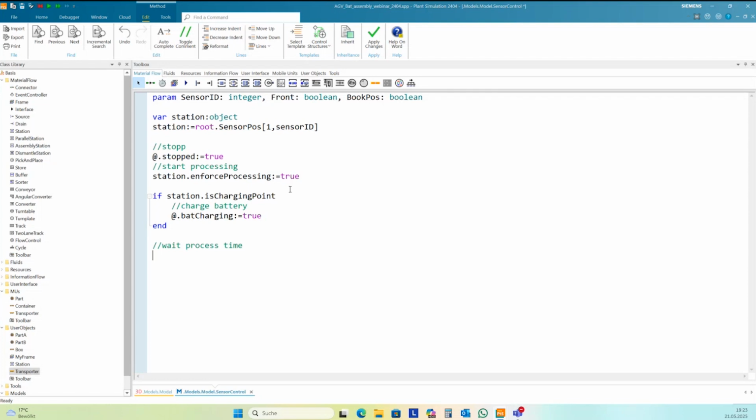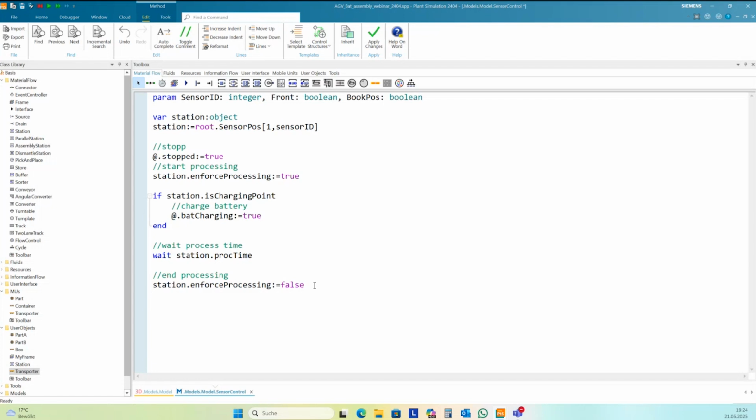Then we wait for the process time of the station. Until now, this enforced processing doesn't consider the process time of the station, and we need to end this processing with the station's enforced processing set to false.